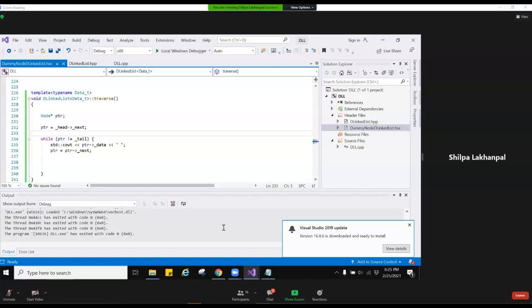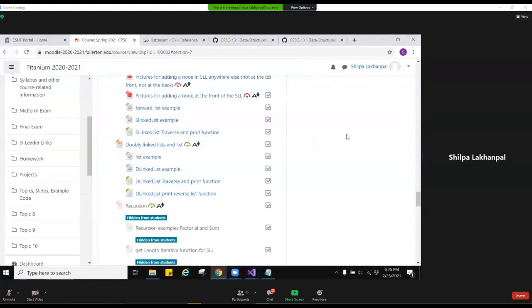So technically adding more functionality. One functionality that you just did was traversing the list and printing it out. Another functionality is, can you print the list in reverse? It's much easier to do it for a DLL because for a single linked list, the pointers are just one way, going left to right.